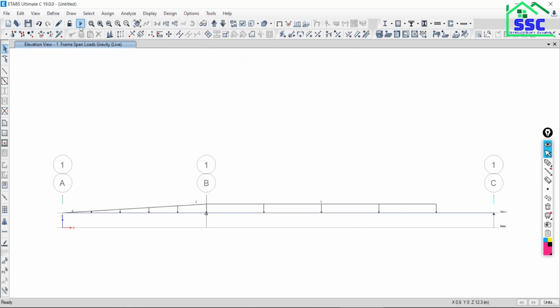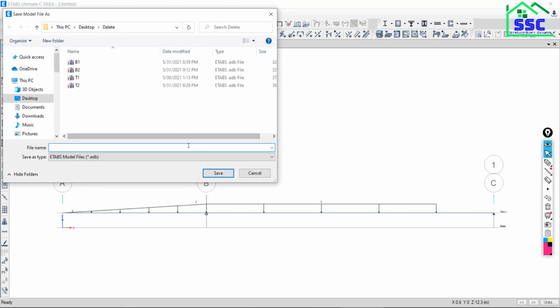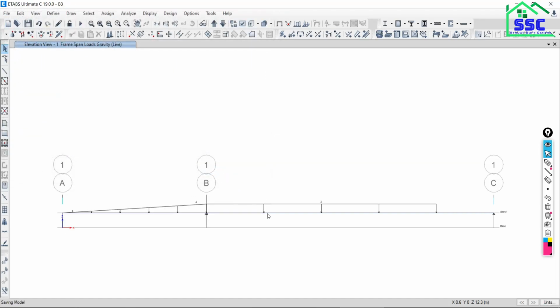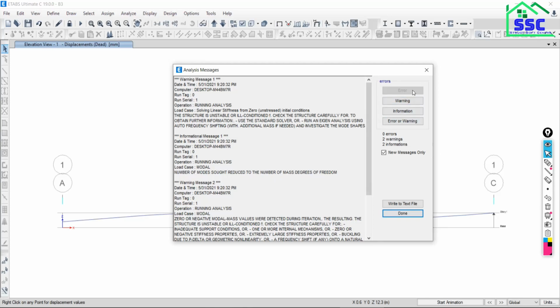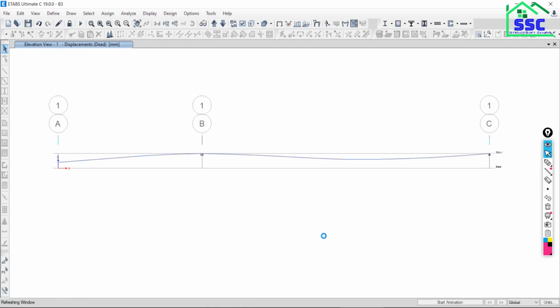Now run the analysis. It is asking to save the model. Say B3, save model. Just say close.